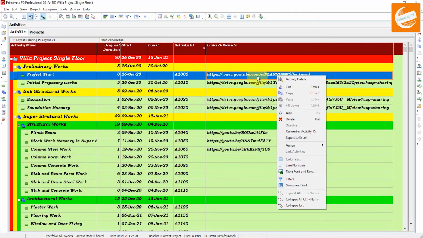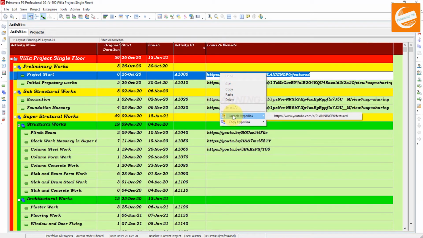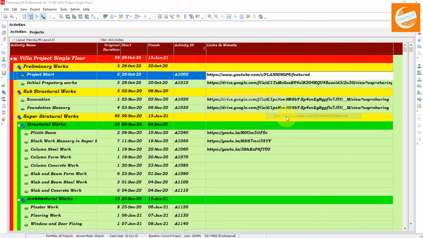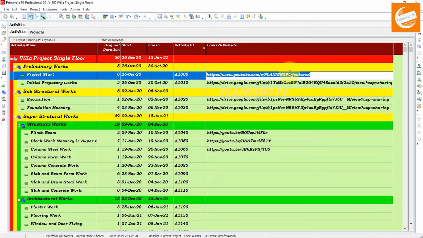Just double click on that row and then right click on it, and this one is launch hyperlink. If you launch it, okay, launch it on the click, there is an error: for security reasons your administrator has denied access to the URL. Contact your administrator to resolve the issue. Okay, you cannot launch directly. I will go here and copy hyperlink, this one, copy it, and I will go to the admin